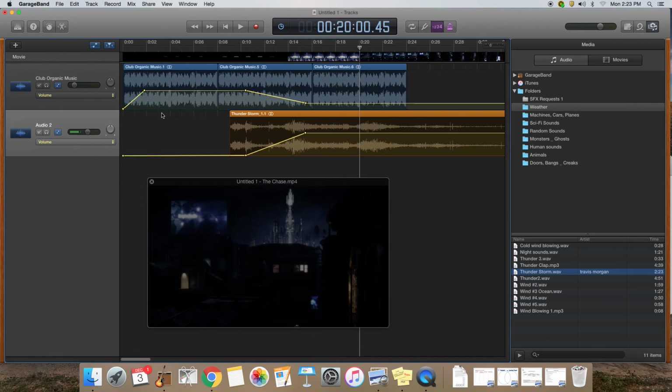So that's how you use a fade in at the beginning, and then the crossfade technique to transition between two sounds, which gives the soundtrack a much smoother sound, and it just looks and sounds a little more sophisticated. Okay, I hope this works, and I hope you're having fun working